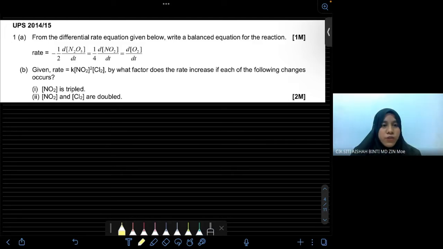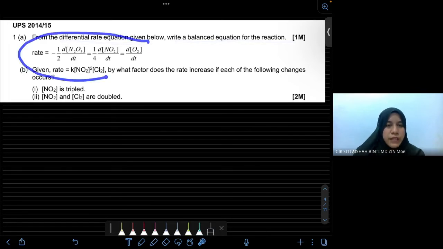Okay, so let's look for question 2014-15. So from here, they give you the differential rate equation. Differential rate equation given below. Write a balanced equation for the reaction. Selalunya dia bagi equation dekat kamu. Lepas tu kita write down rate law kan? Rate law pula, differential rate equation. Write down, they give you the differential rate equation. So you have to find out the